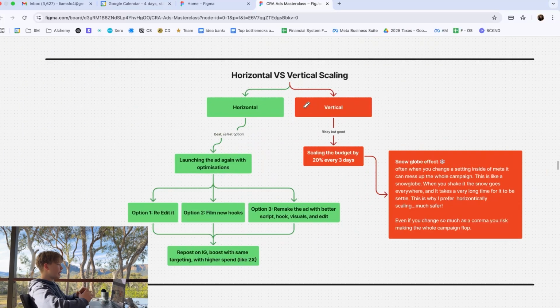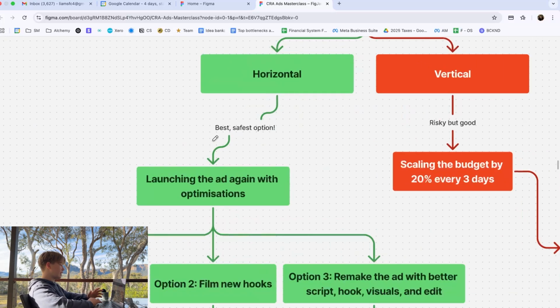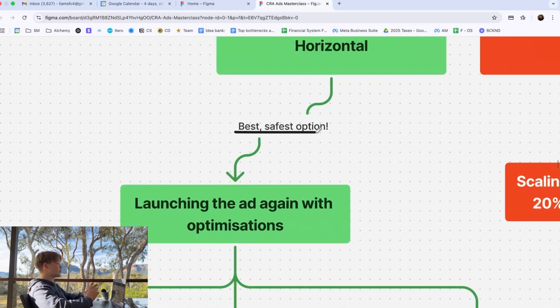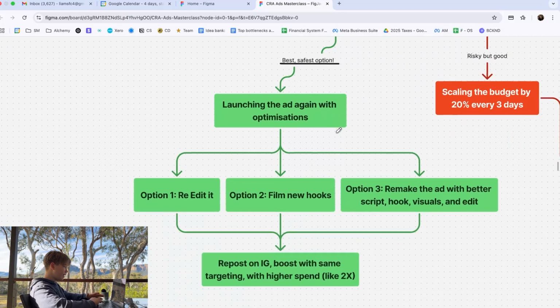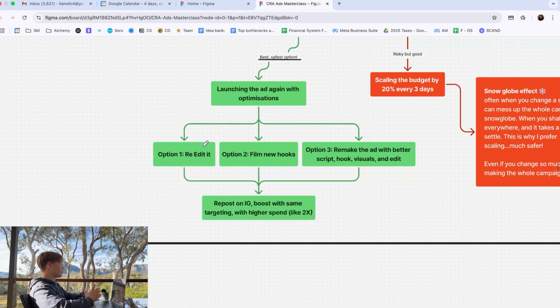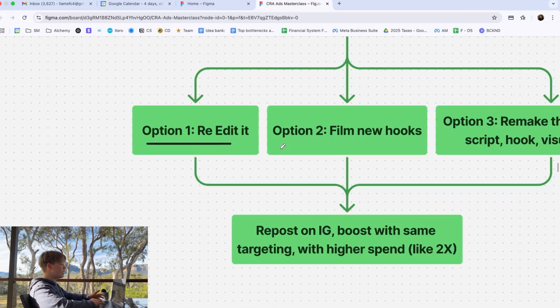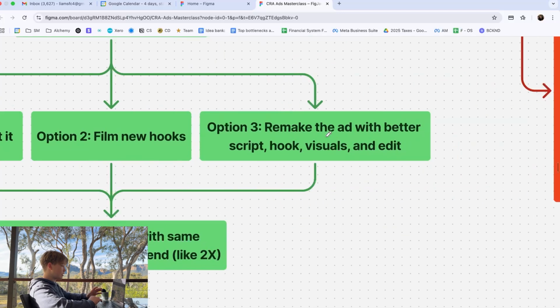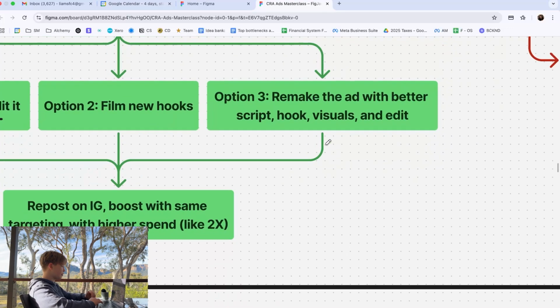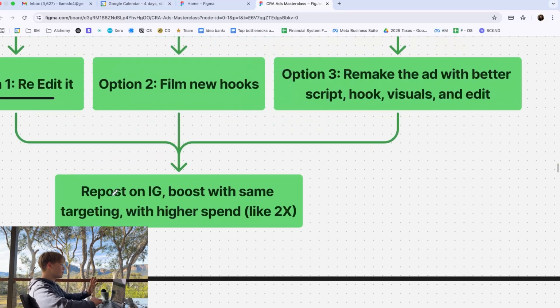And then I want to talk to you about horizontal versus vertically scaling the ads. So horizontal scaling is the best and safest option. If you remember the snow globe method I told you before, this is a way to make that not an issue at all, not a risk at all, okay? How do we do this? Well, we're basically launching the same ad again with different optimizations. So the first option is to just re-edit it. The second option is to just film new hooks. And the third option is to remake the ad with a better script, better hooks, better visuals, better edits, and so on. And then you just want to repost on Instagram, boost with the same targeting, and at least double